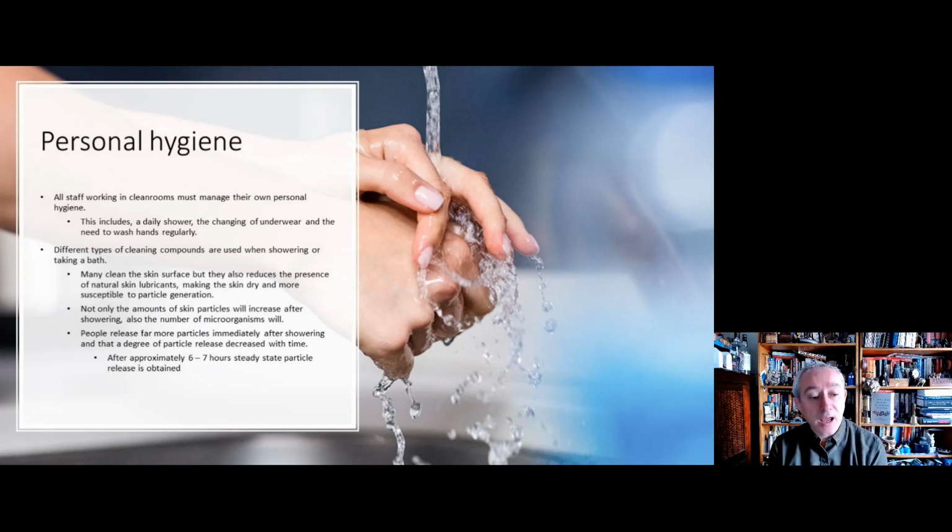So by working at BPL and going into clean rooms, now again, not wishing to sound patronising, but these are just basic things that we have to do, and there's a reason why we ask you to do those, which is to shower every day or bath every day, to change your underwear every day, and to wash your hands regularly, and always